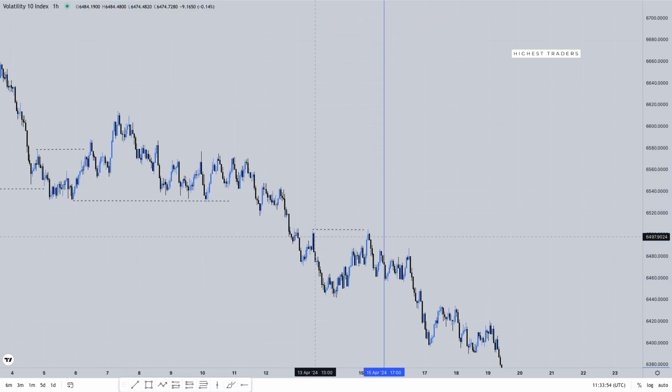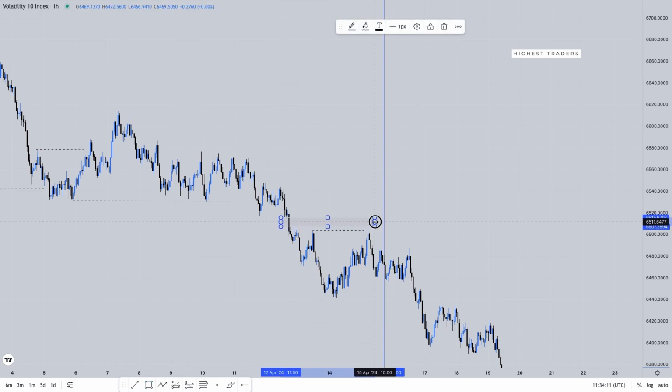I was telling you guys from the illustration that sometimes price will only come and sweep. Sometimes price will come, mitigate something and drop, right? So for this, we don't have anything that was mitigated. For those of you who trade FVG, we can identify an FVG here, but price didn't come to mitigate the FVG. You can see the FVG is there. There's a gap between these candles and this one. So the FVG is right here, but price did not mitigate the FVG before dropping. It only went above our inducement's highest point and then came through to close below it.